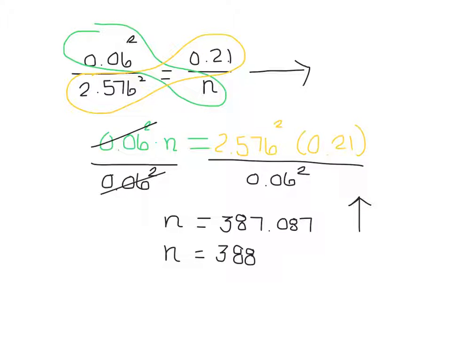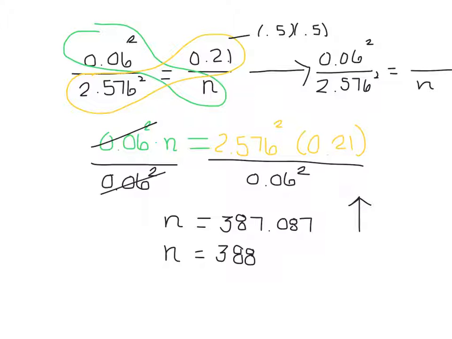So what would change here is that we don't know that p is 0.3, so what we always do in this case is we use a p of 0.5, which makes our 1 minus p, 1 minus 0.5, which would also be 0.5. And when we multiply 0.5 by 0.5, we don't get 0.21, but rather 0.25. And then we follow the same procedure thereafter. We cross multiply and round our sample size up. And our sample size in this case would need to be